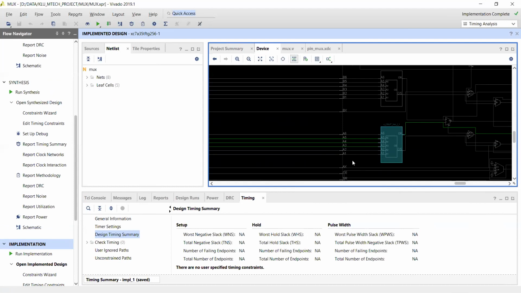The green lines are routing lines. What is this? I'm placing my cursor in that place. It shows that it is a slice L of CLB LM. It is one of the slices of the CLB, slice L. Then you can see where the routing has been taken.